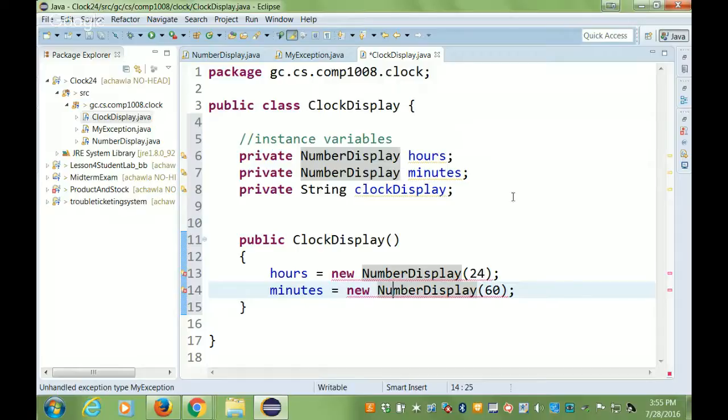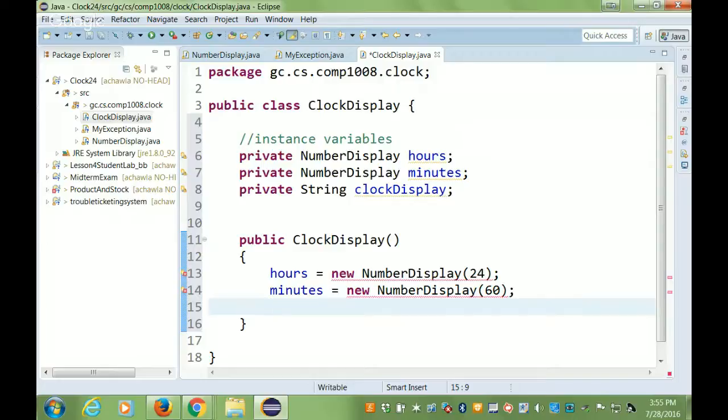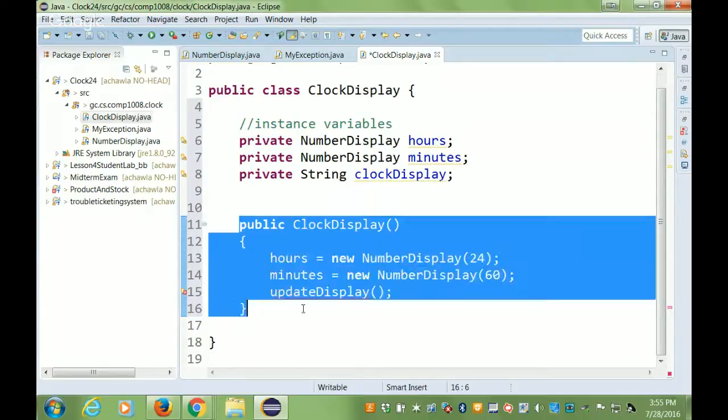And every time, depending on where you are, always call the update display method. The update display method will update your clock display string. That always has to be taken care of, so that it is showing you the current time. We'll come to it. Update display will just get the values and show them. Okay, there's your constructor. Now, second, if you wanted to set the time of the clock to something,